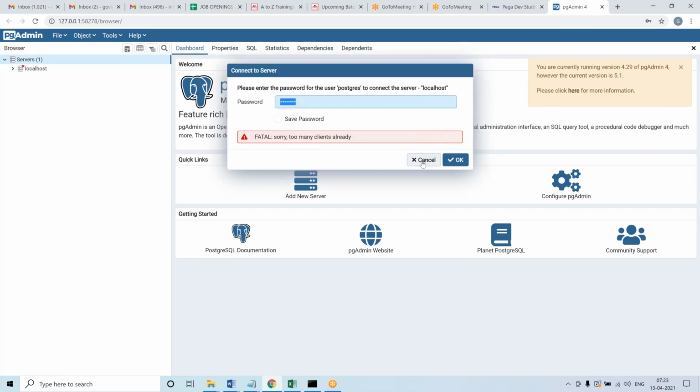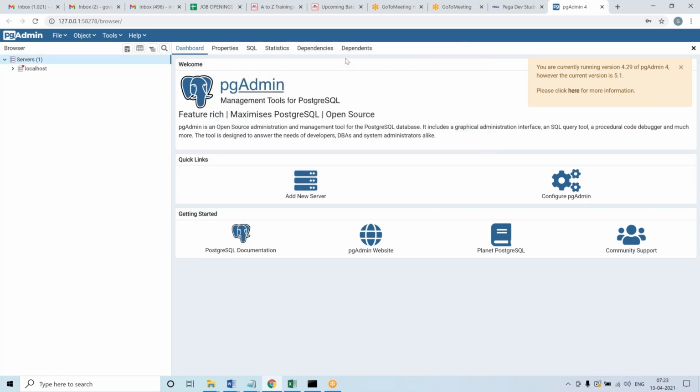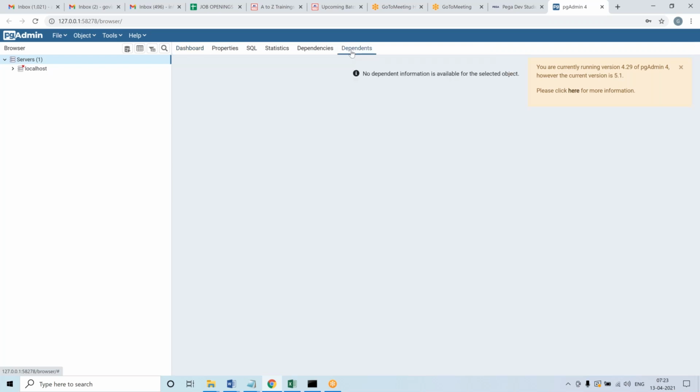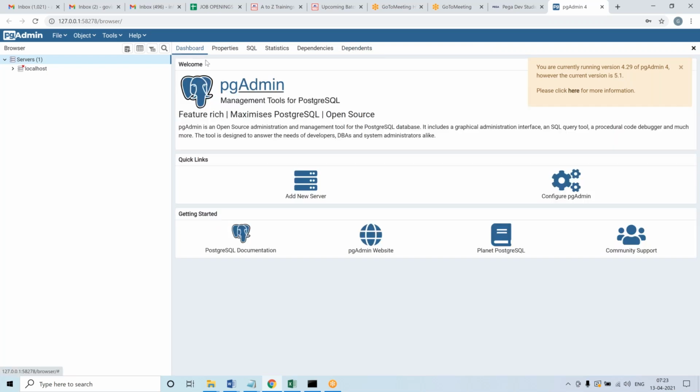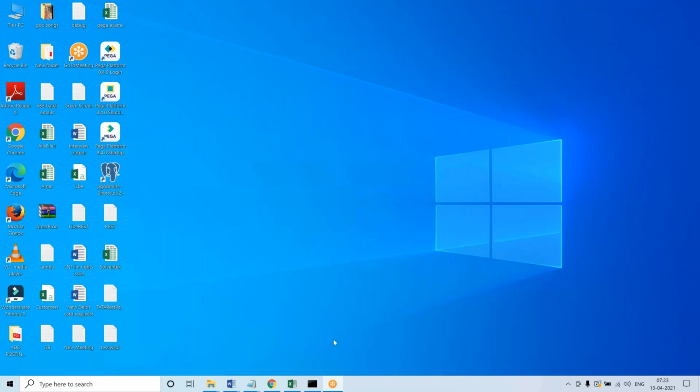I still face the same issue. Okay, no problem. I will tell you all the tables here. Without opening the database also, we can proceed, no worries.